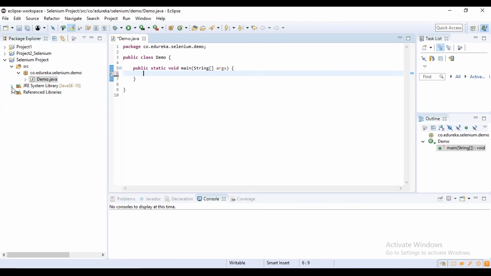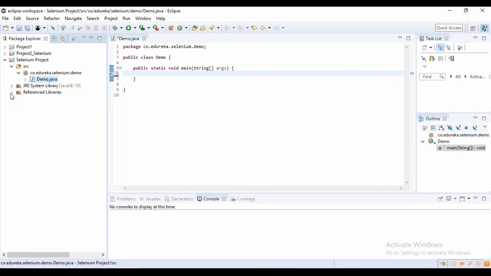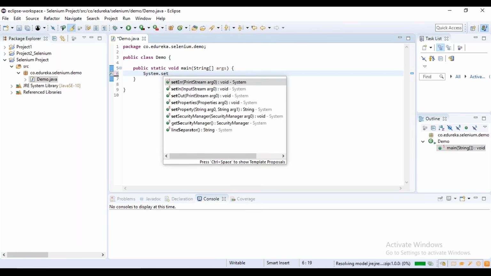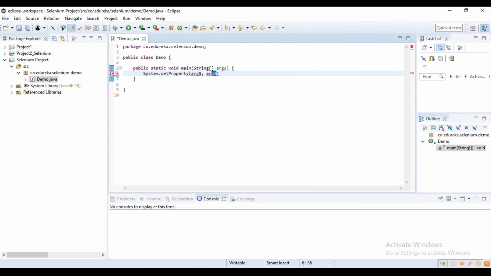So now we have our Java files here and our jar files for Selenium here. But what about the drivers that we added? These drivers are really important things. They are the ones that can instantiate your browser, which means drivers are necessary if you want to automate your web browsers. So we'll have to type in a command so that our drivers are connected to our program. The command for it is set property, under which we'll have to tell the command about what driver we are talking about first. So we're talking about the web driver that is of Google Chrome.